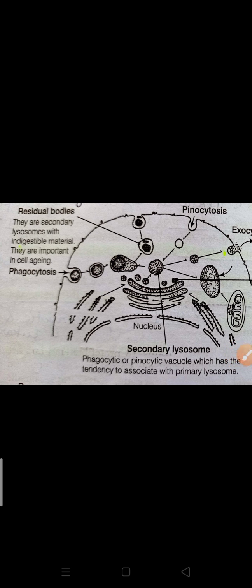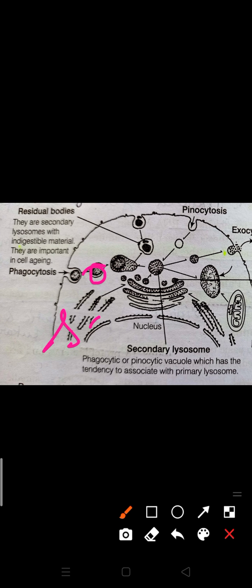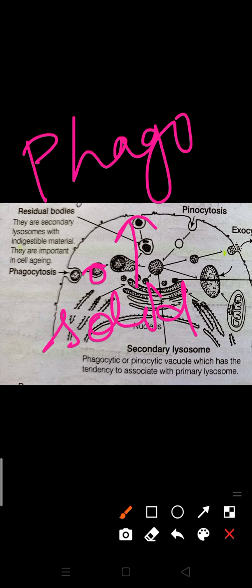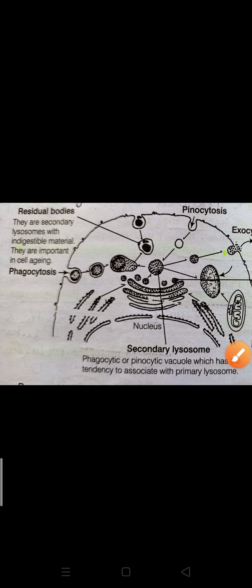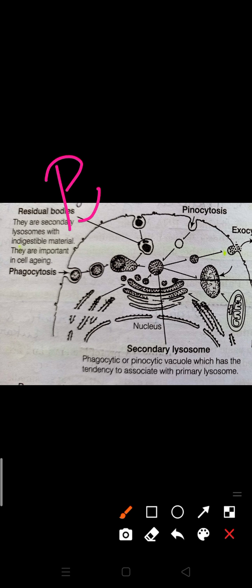Okay, so food particles are taken in by the plasma membrane and then pinched in inside the cell. You can see here this foodstuff is pinched in by the plasma membrane only. If it contains solid food items, this part is known as the phagosome. When it contains liquid foodstuff, it is known as the pinosomes, or pinosome.